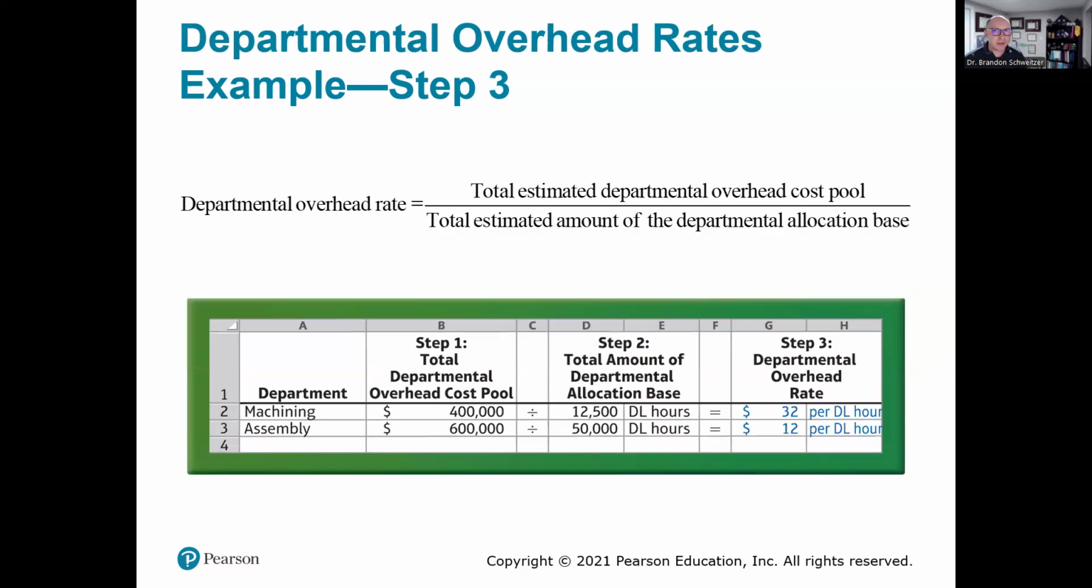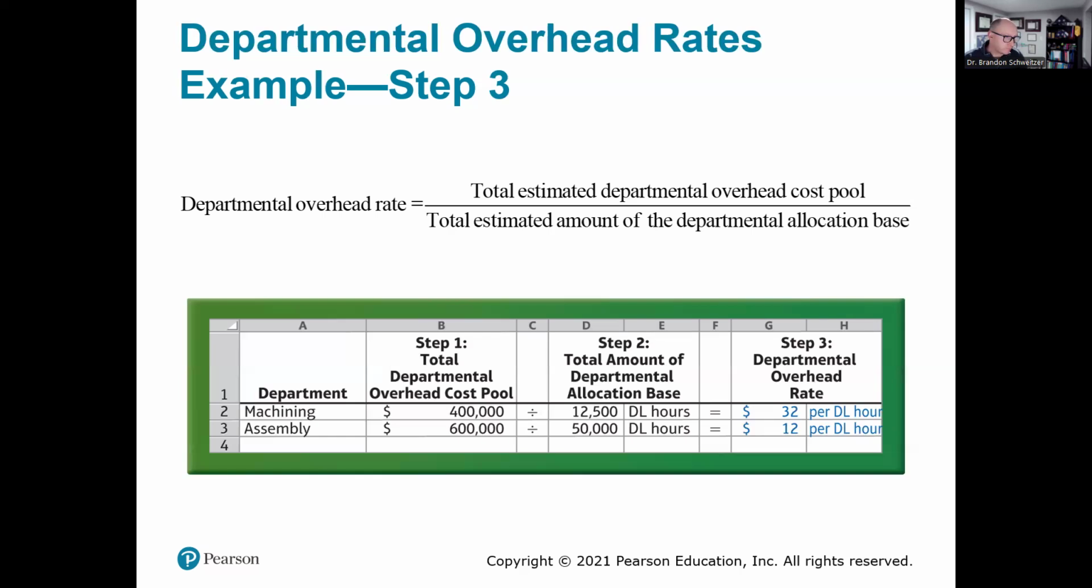The third step is to determine the department overhead rate. The formula for doing that is we take the total department cost pool and divide that by the total estimated amount for the department, the direct labor hours. In this case, for machining, we take 400,000 and divide that by 12,500 direct labor hours, which gives us an overhead rate for the machining department of $32 per direct